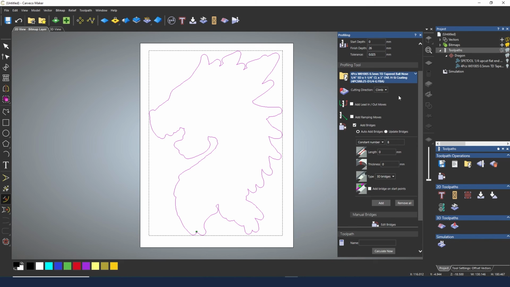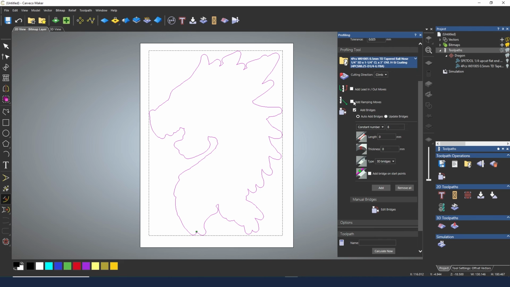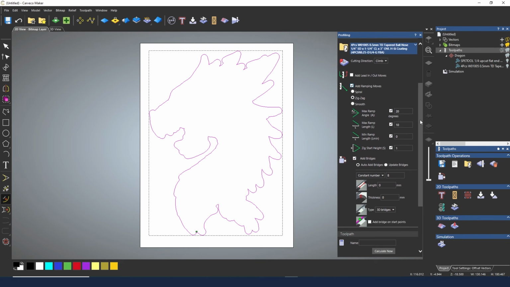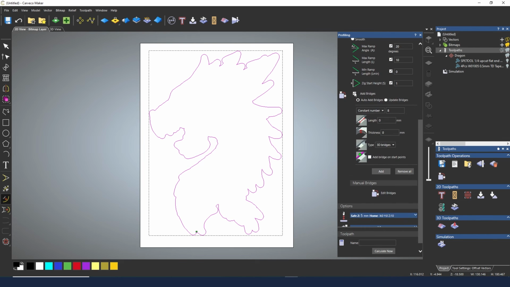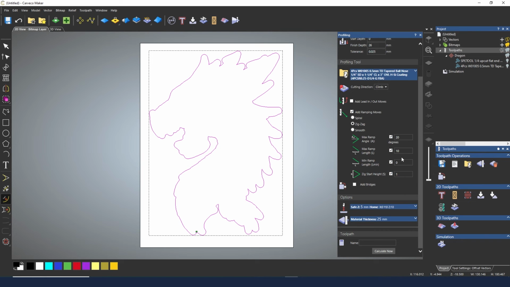We're going to leave the cutting direction on climb, and I'm going to leave lead ins and outs turned off. I will add ramping on though, just with some default settings of mine. And I'm going to leave bridges turned off because I don't want them at the minute. You can obviously put bridges in. What I would say as a piece of advice is if you do decide to add bridges, put them in easier places to cut out. So normally on the straighter edges, you wouldn't try to bury bridges into these tighter corners here or this tight area here. Put them on the wider areas, the longer straighter areas where they're going to be easier to cut out. Now I'm going to just name this profile cut,